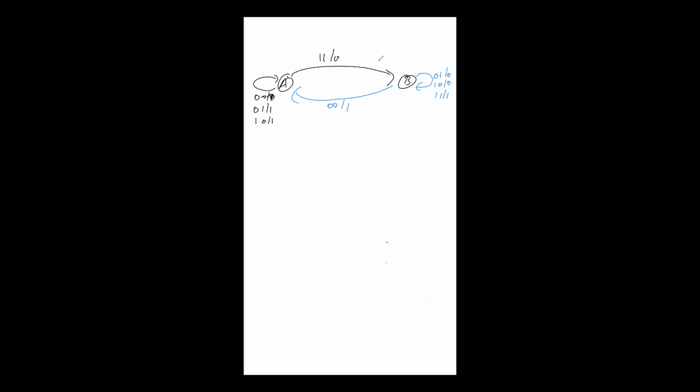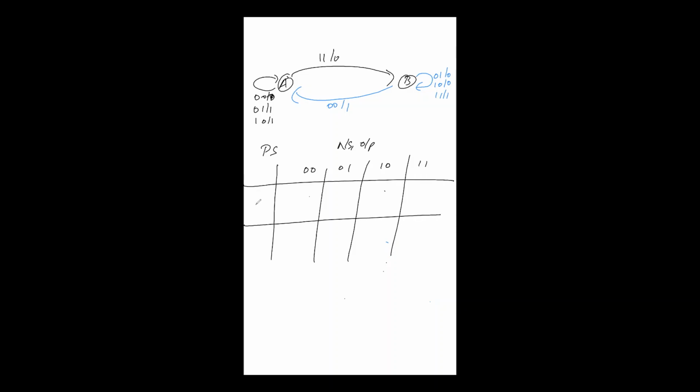State table, that again we have seen in realizing memory. So it consists of present state, next state, and output. Right? Number of inputs are two. It can be 00, it can be 01, 10, and 11. Two states are there, A and B. A corresponds to no carry, B corresponds to carry. So if both the inputs are 0, next state will be A only. You can see from here, and output is 0.